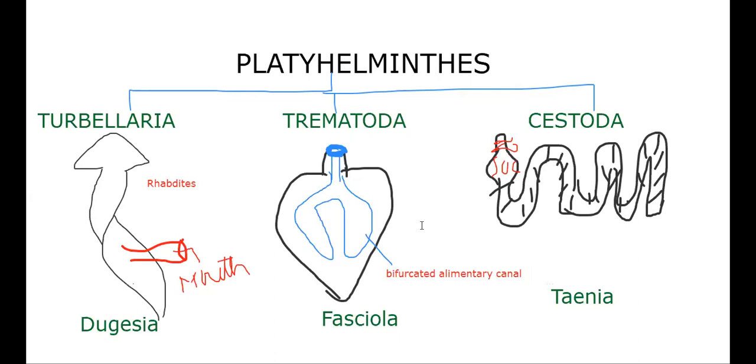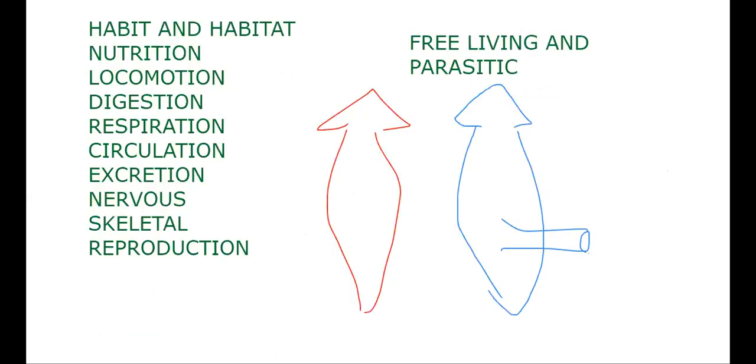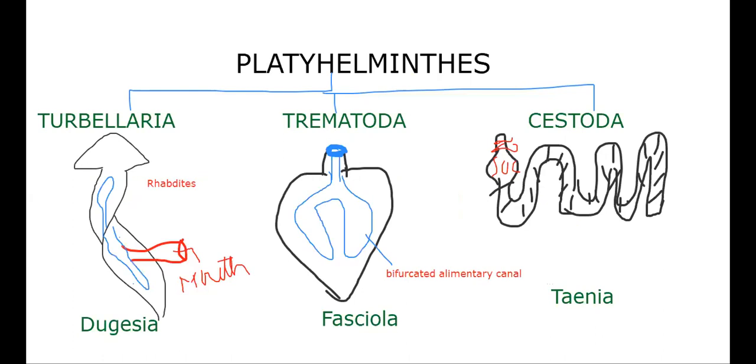Okay, so what about here? In the case of Turbellaria, a branched alimentary canal is present. You can see clearly here, the alimentary canal is branched like this. So I will write here that the digestive system, the alimentary canal, is different in different classes. Branched gut, gut or alimentary canal, no matter. So a branched gut is present here, and we said bifurcated alimentary canal for the others.